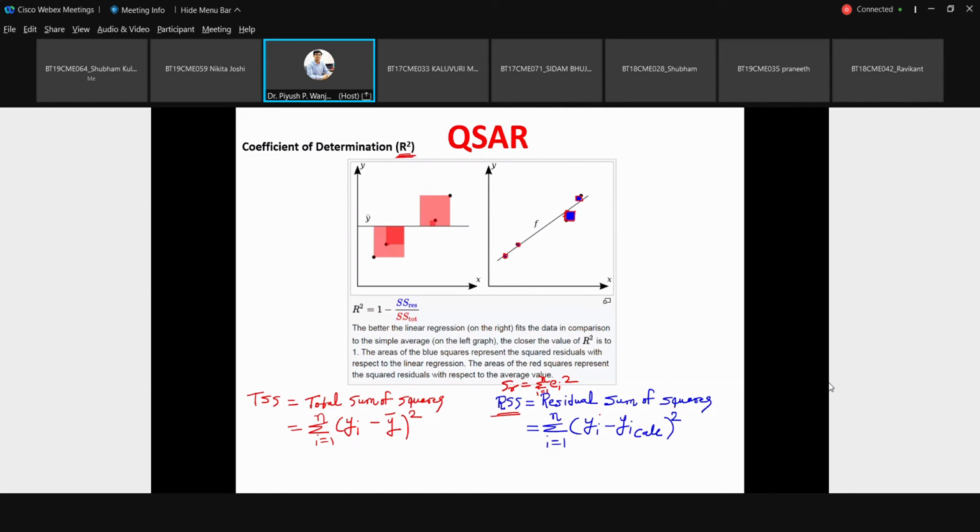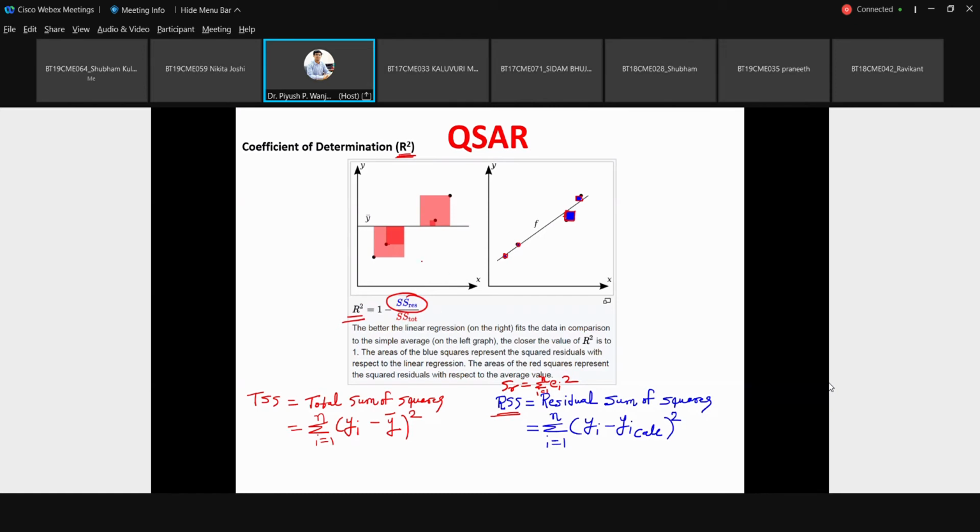Now there is a reason that you cannot compare the RSS for different models directly. You need some factor like R square, which is eventually calculated from this RSS. There is this one image I have taken from Wikipedia. Instead of RSS, they have written SS. You can call it SSR or RSS or SS residual. So here consider that R square is 1 minus RSS divided by something called TSS or SST.